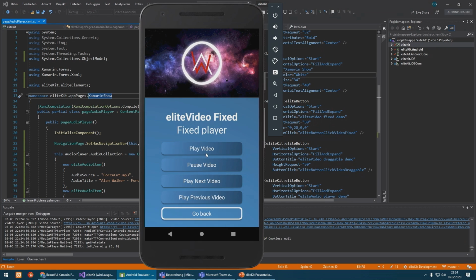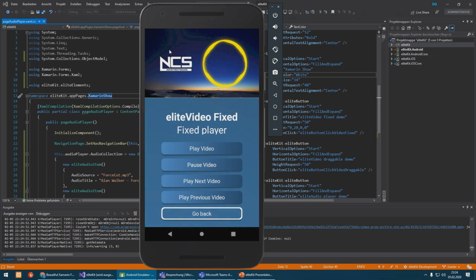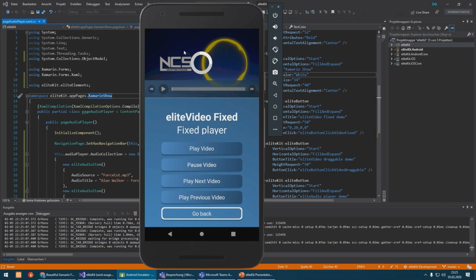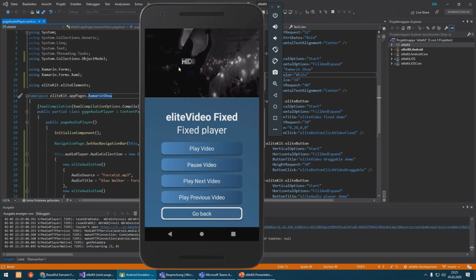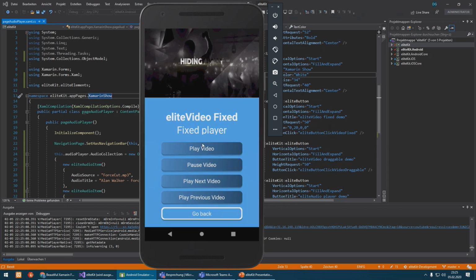You can programmatically pause the video, you can play the video, you can also go to the next video. So right now it's playing something from Vimeo. And you can use the controls here, which will always be shown. And when you click inside, they will show again and fade out and fade in. And you can go again back to any YouTube video. You can define the video collection yourself. You can put so many videos inside it. There's no limit. And the playlist feature is also just visible when there is not only one video in the current collection inside.